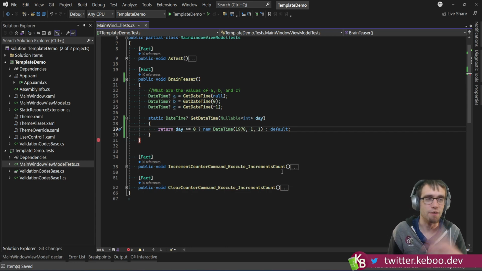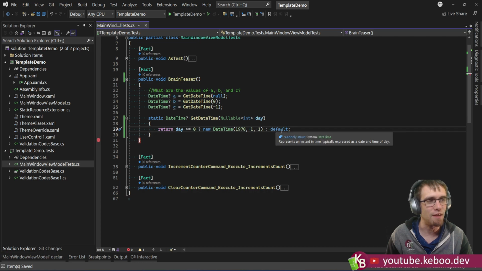Again, also write unit tests. It saves you this pain and suffering. But make sure it's clear that when you do a default without specifying the type,